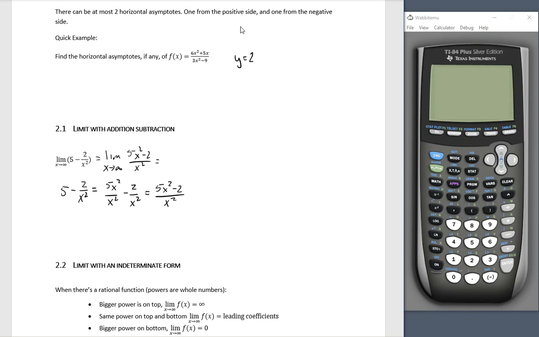In fact, we could use our tables if we wanted to. We could do the same idea with a table in order to find this limit, which happens to be 5. Or, check it out. Once we write this as a rational function,